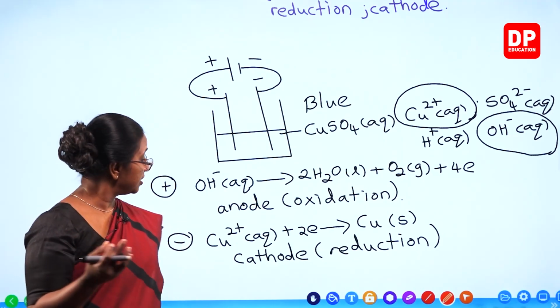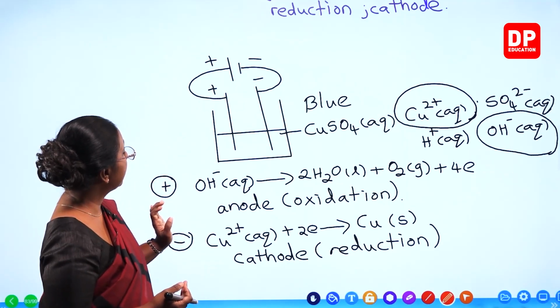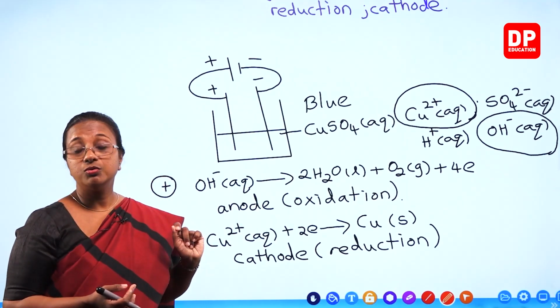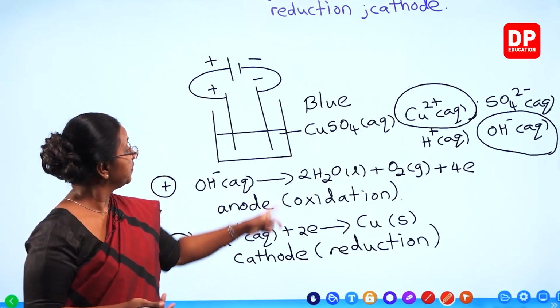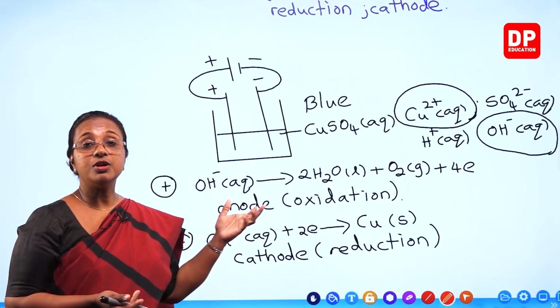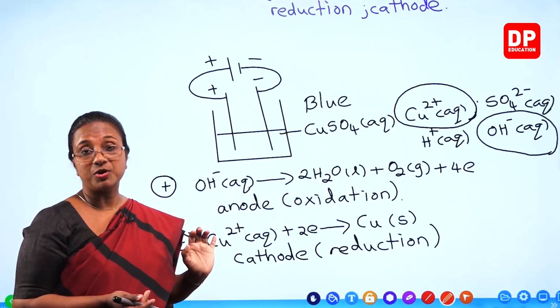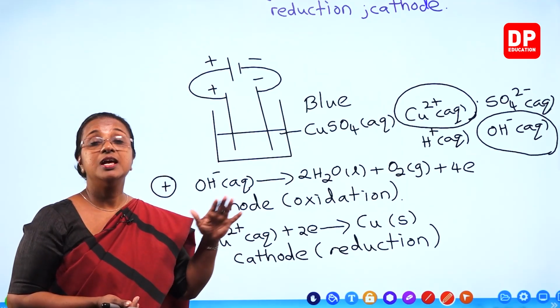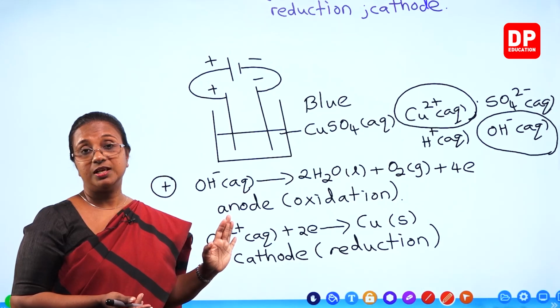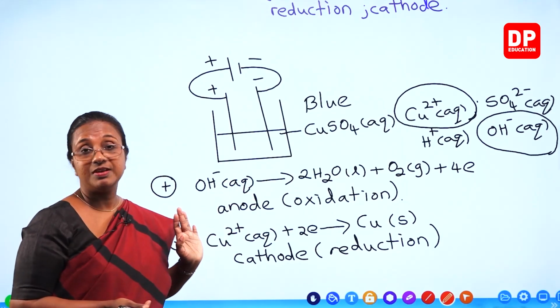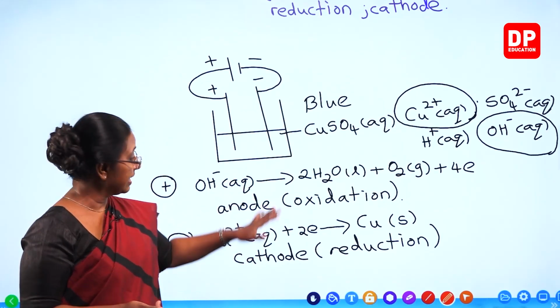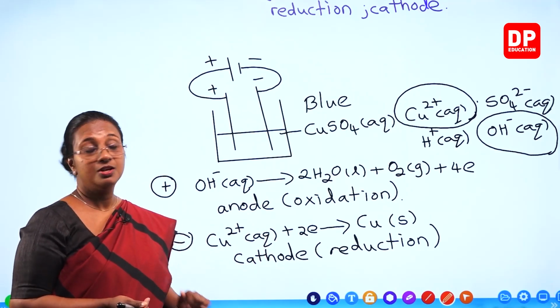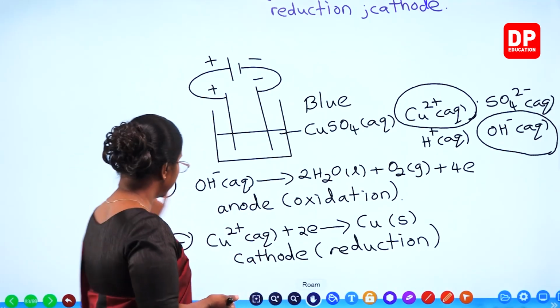So the observations are, near the positive electrode, there is O2 gas bubbles liberated. At the negative electrode, you will see copper depositing. And you will see the blue color of the solution decreasing gradually. Those are the observations that you will get. And these are the reactions. So if we go back to the question there,